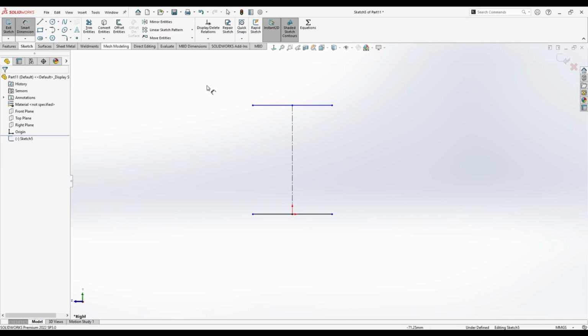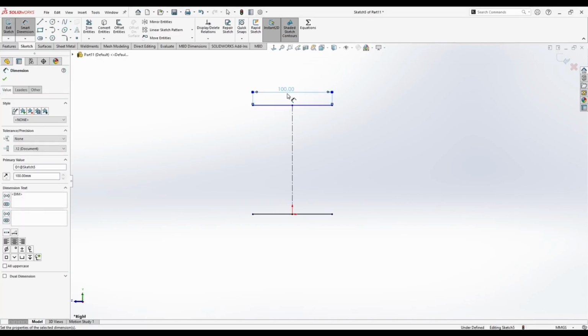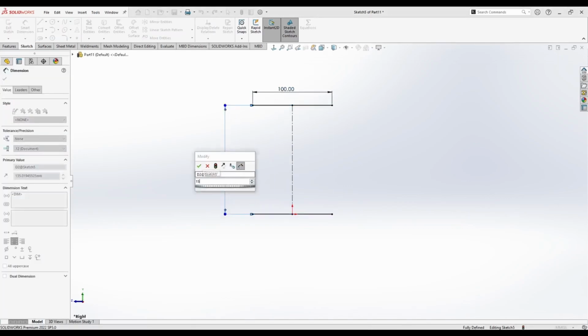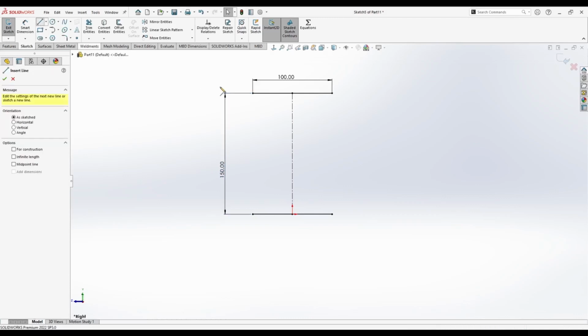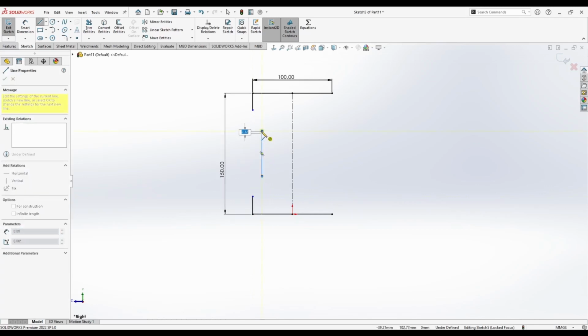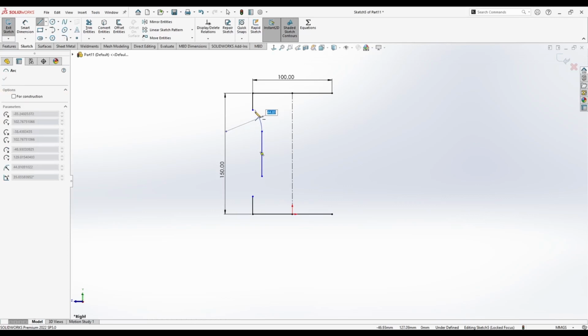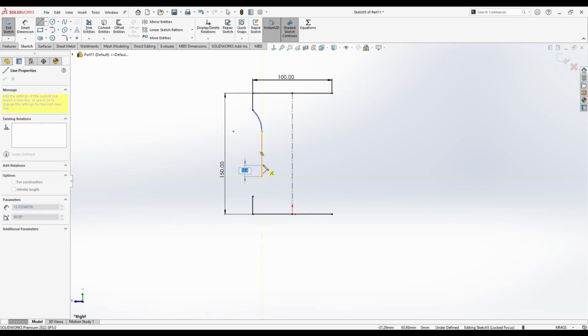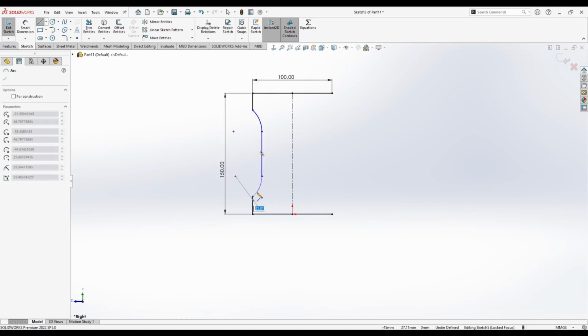Now we can add some dimensions. For example, this can be 100, and this distance can be 150 millimeters. Next, we'll add some more lines. I will interrupt the command with 2 vertical lines, then interrupt again with another vertical line. And now look what I'll do. I will go down first and then up. This will automatically activate the tangent line and tangent arc command. I will do the same here. I will go upwards. Start from the center of the vertical line and move outwards to activate the tangent arc